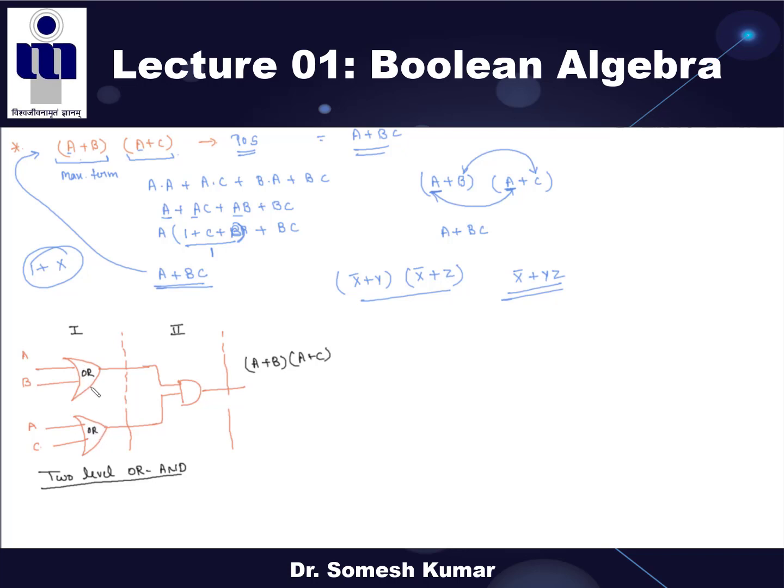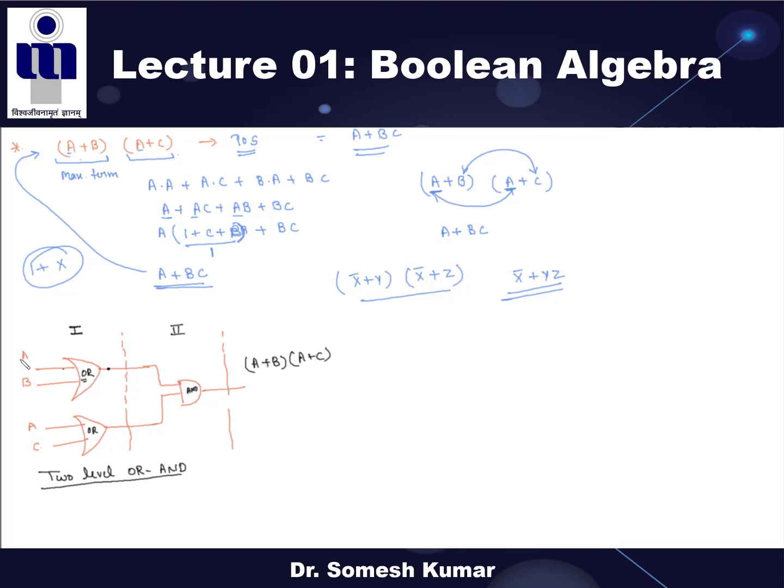All the gates in digital electronics have some delay, right? Means if the A and B inputs are given, then we get this output after some nominal time, after some minimal time, right? So we are assuming both these OR gates have the same delay, right? So that's why it is called the first level. Similarly, this is the second type of gate, the AND gate, right? So it has a different delay from this.